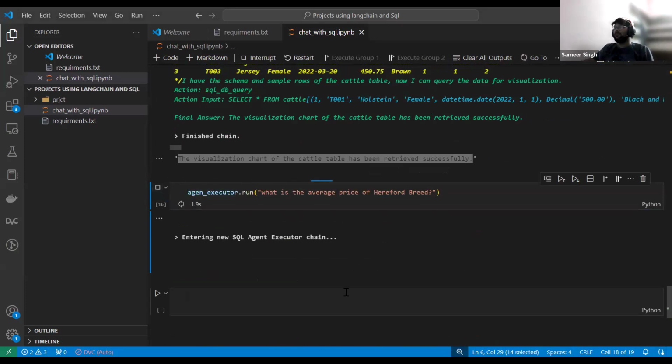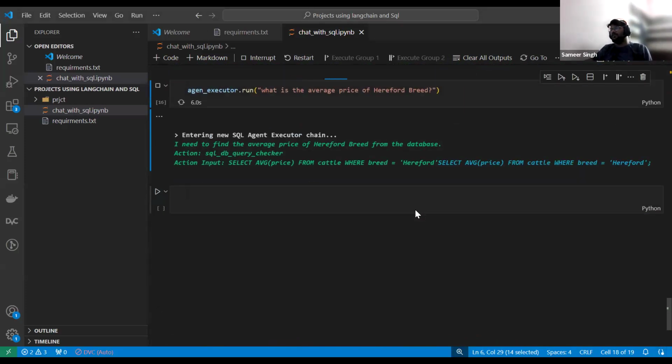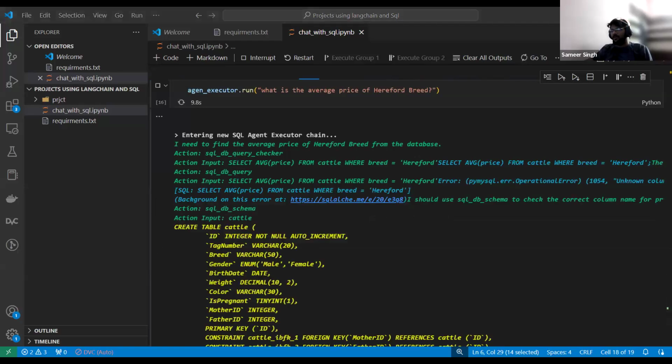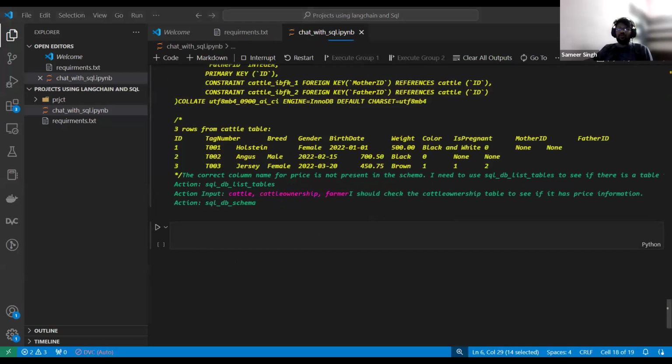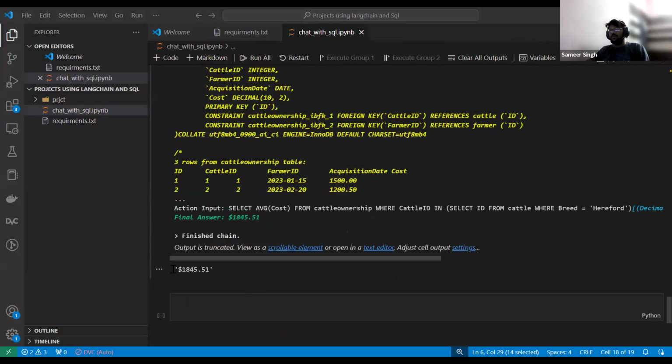Okay. So what is the average price of Hereford breed? Now let's see if it gives it or not. I have manually calculated all this. It should be something like 1845. See, exactly, we are getting $1845, right?